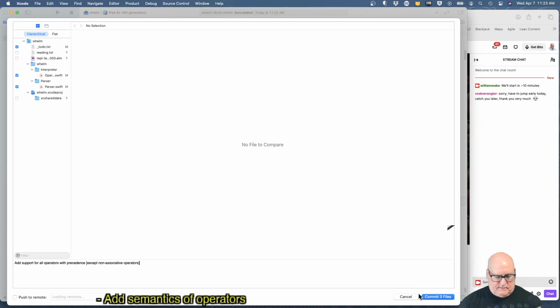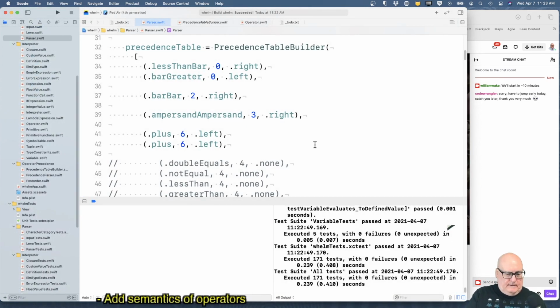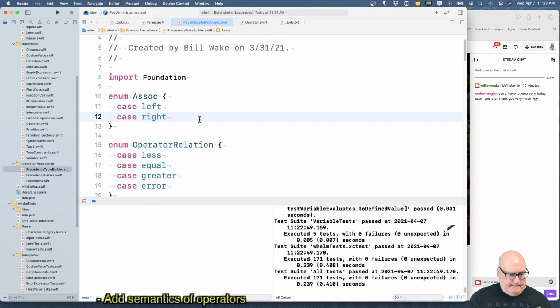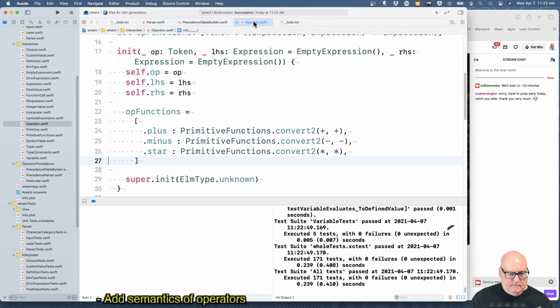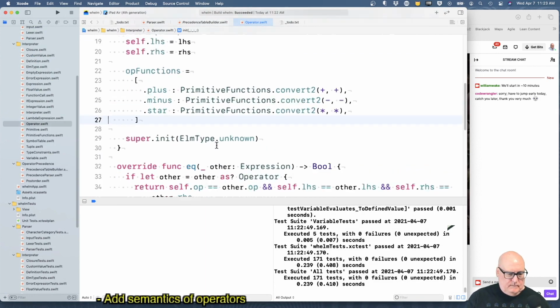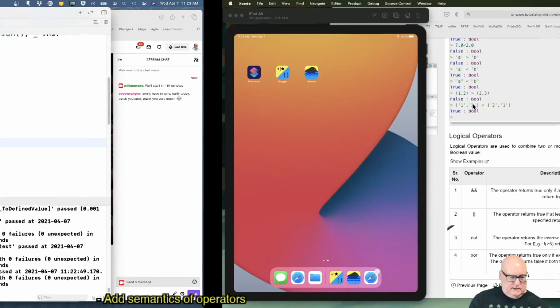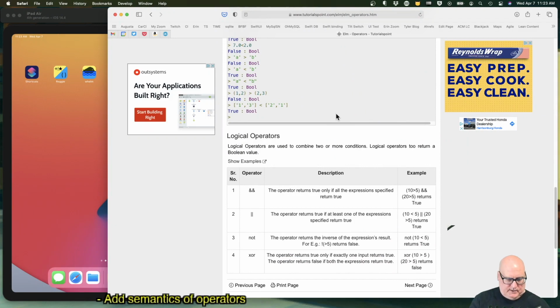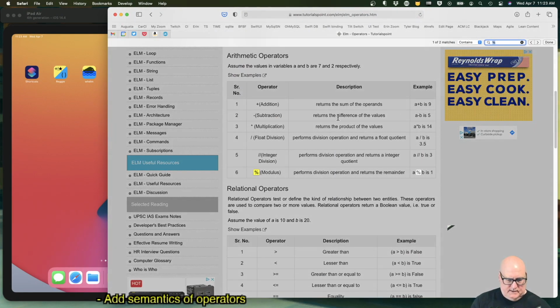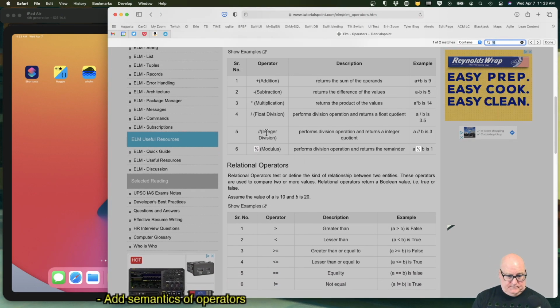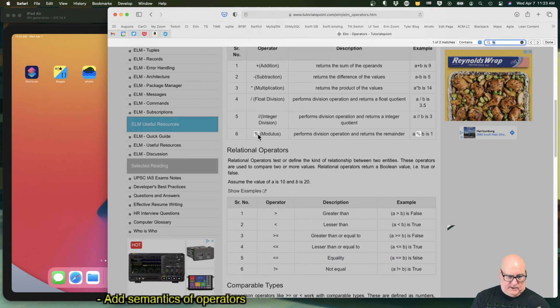Except non-associative. Okay. And let's see what Elm's percent operator does. Modulo, A % B. Okay, that should be okay. I think this should be okay. We just have to name it that way.